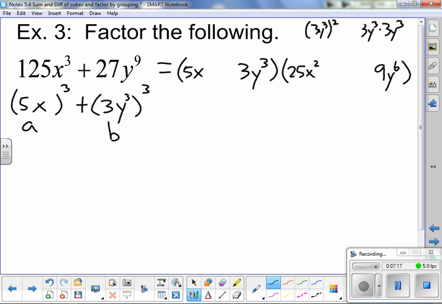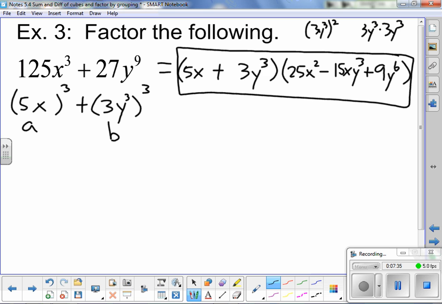All right, now what we're going to do is we're going to take this times this. So 5 times 3 is a 15. And then x times y cubed is xy cubed. Fill in your signs, same sign, opposite sign, always positive. Yeah, that looks pretty complex there. All right. Okay, let's go ahead and move on